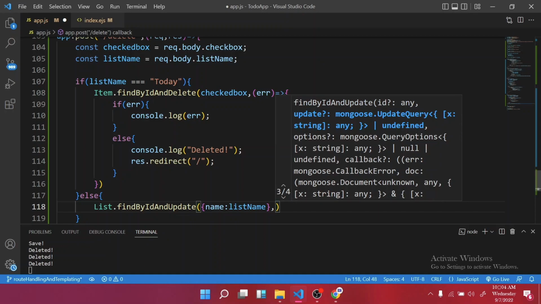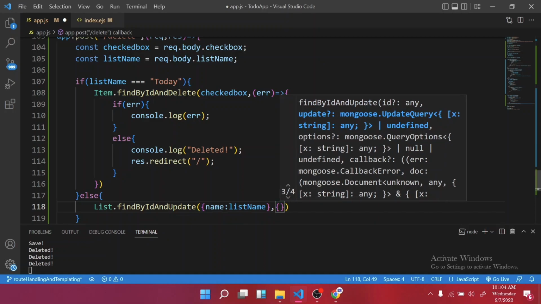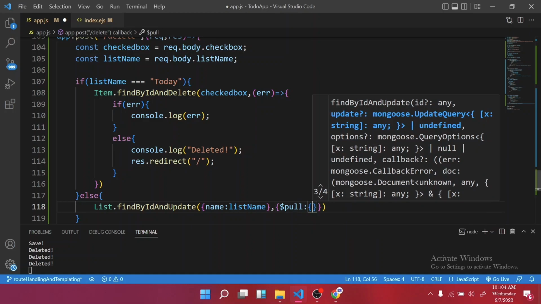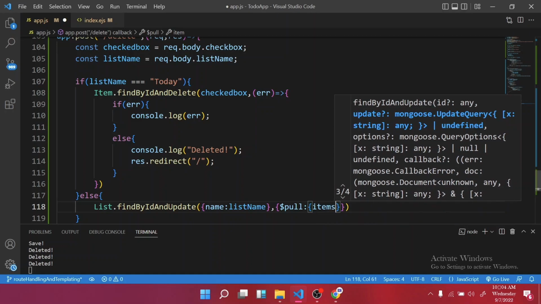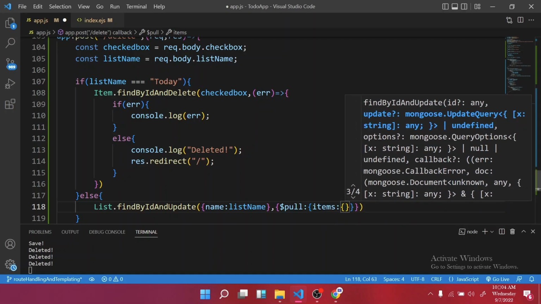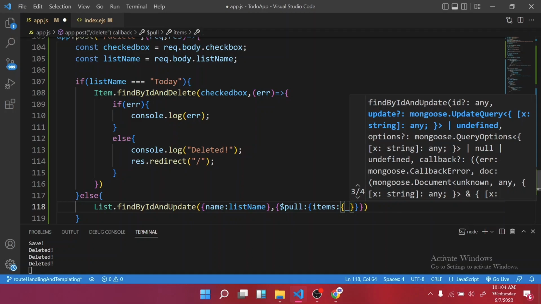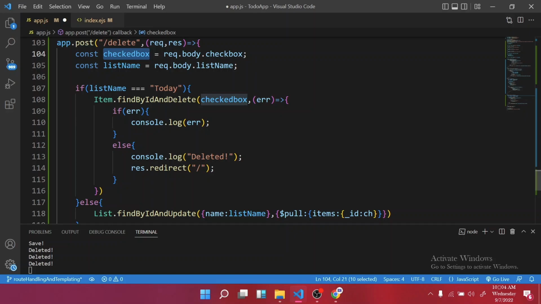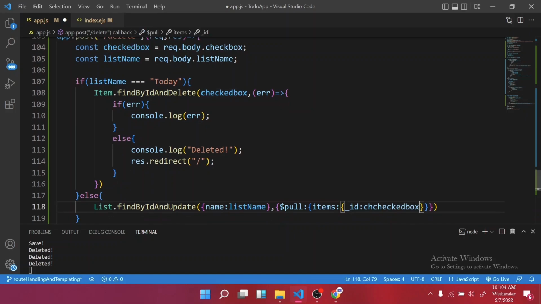Well, inside, then we are going to pull the items, right? And we are going to update, and through the items you are going to search the one with the ID. Check, let me copy, paste it here,